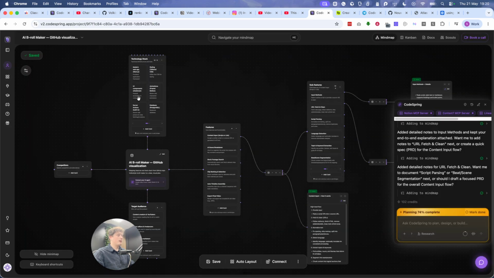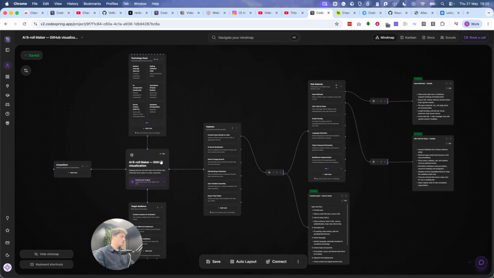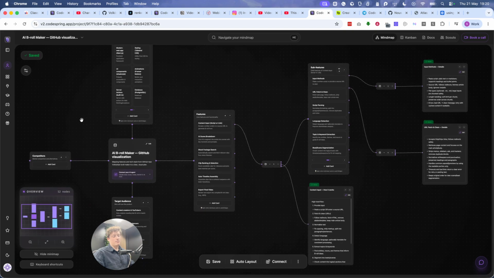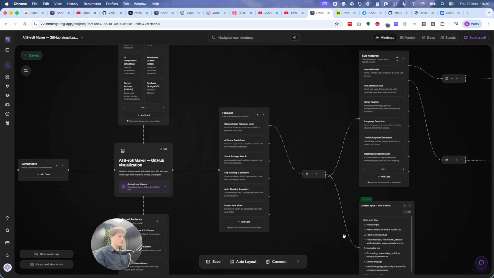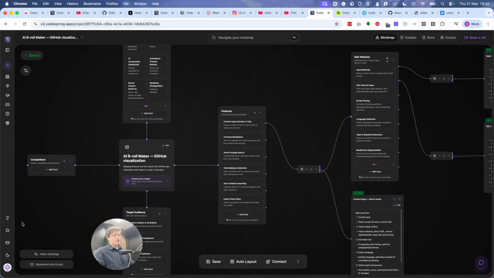But we also have more things. So once you're inside the canvas, this is really where you'll spend most of your time. Again, I'll make more videos on what all of this actually means in the next video. But the canvas is a place for you to navigate around and figure out how your app actually works, what the features are, and also dial and focus into specific features to update them,